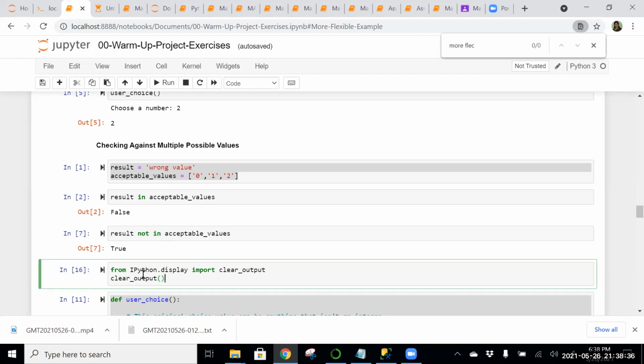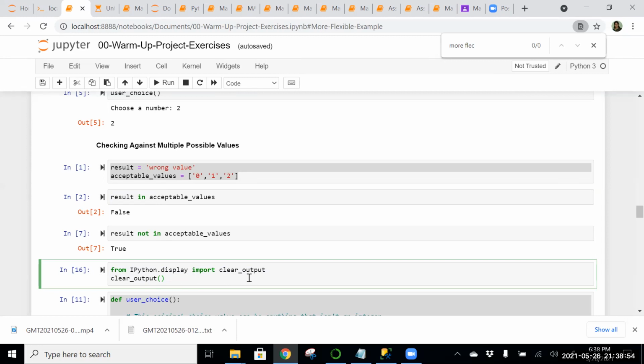Okay, and how about this Python display import clear output? Remember yesterday we were talking about the NumPy library, import. There is another library, IPython.display.